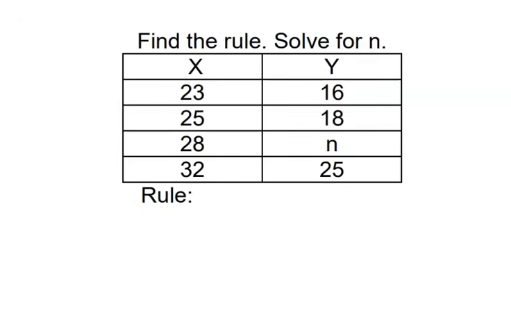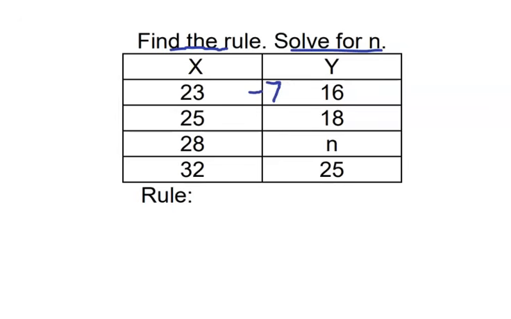Find the rule and solve for n. All right, so let's see. What happens to 23 to go down to a 16? So we know we're either going to have to subtract probably or divide to get down there. I think I have a pretty good idea looking at all the different numbers on here that I am pretty sure that if you subtract 7,